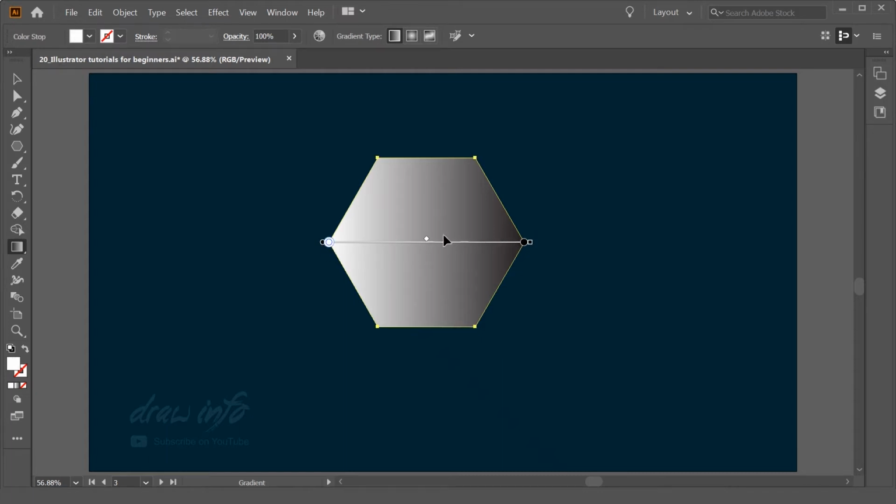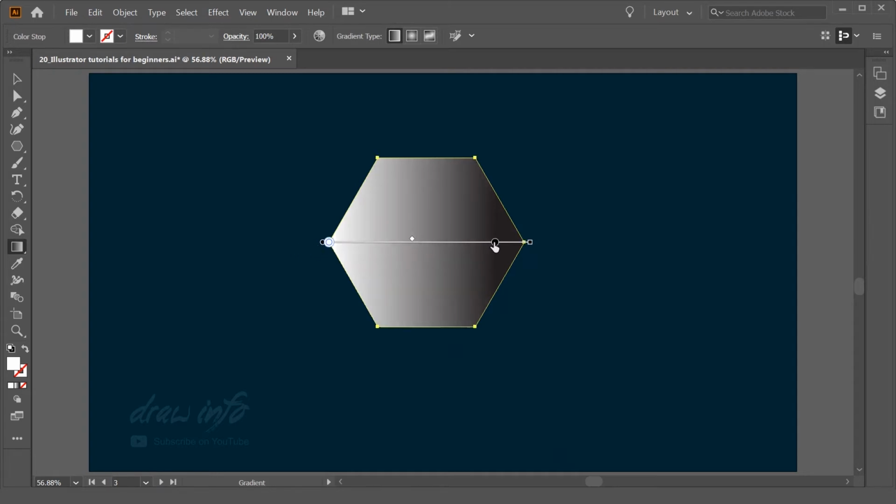By default it takes a very simple black and white gradient. Now if you want to modify this gradient, Adobe CC has a lot of advanced level features which you can use with this gradient tool, and you can modify your gradient, like the angles and the colors, very quickly and very effectively. I'm going to show you how you can do it.